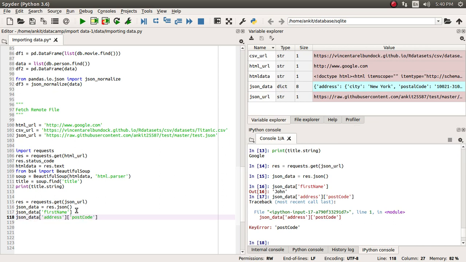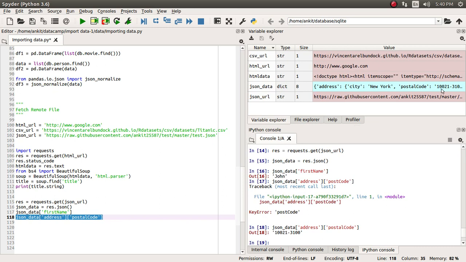Okay, that's a typo. Okay, 10021-3100. Correct. So this way we have successfully fetched the content from the remote location. The content is available in JSON file format, and we have scraped the data for particular tags like first name, address, city and everything.